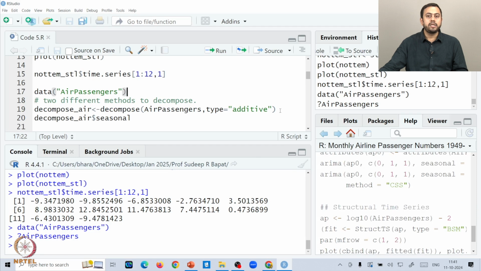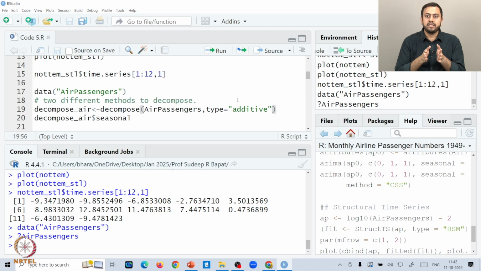Now what we'll do is decompose again. Like I said, time series decomposition has to be there as a very initial step if you're analyzing any practical data set. Here you'll notice we use the command decompose instead. Lastly, for the NOTAM data set we used the STL command, but one can do it using either STL or decompose. And here one can specify whether we want an additive decomposition or a multiplicative one. All these things we've discussed in the theory session.